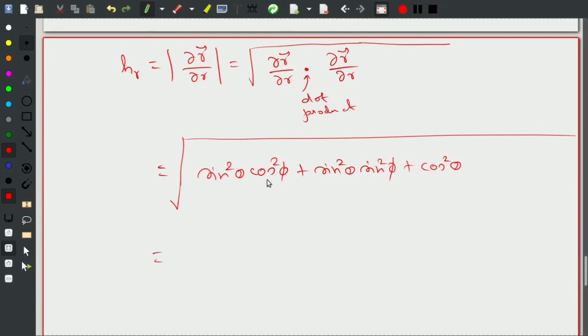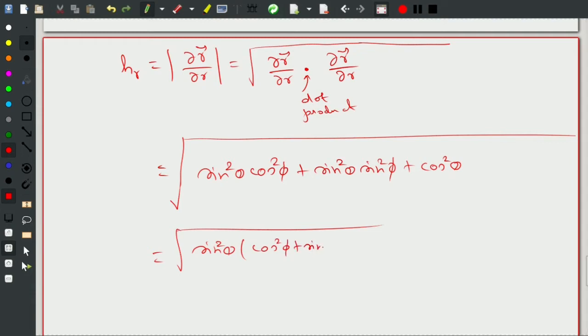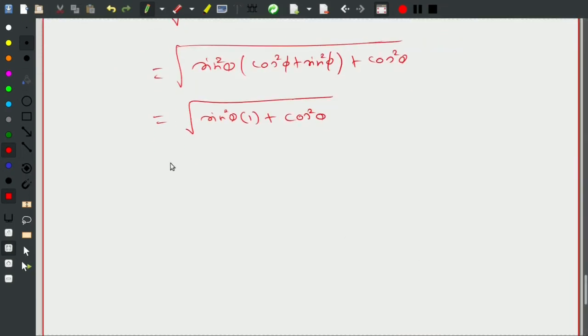Okay. So we can take sin²θ outside, so we have the square root of sin²θ times (cos²φ plus sin²φ) plus cos²θ, right? So this reduces to the root of sin²θ into 1 plus cos²θ. So this further reduces to the root of 1, which is 1. Okay. So our scaling factor h_r equals 1. Okay. Similarly, we can find